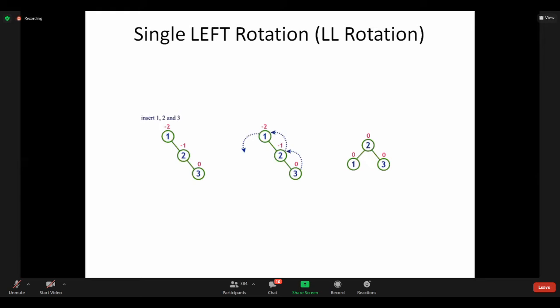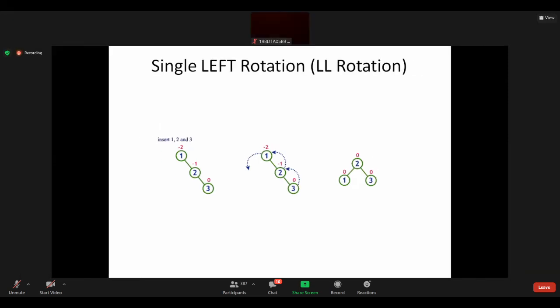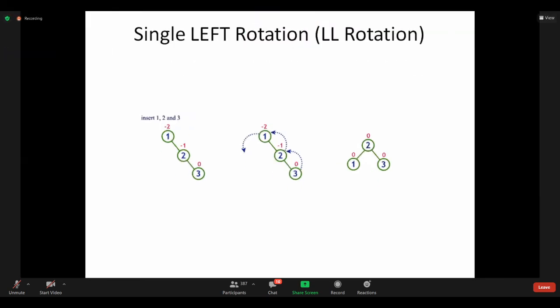So finally the balance factor of node 1 is minus 2. When we got the balance factor, at which node we got it, only those consecutive 3 nodes we should consider. If the tree is very big, that point also you should note. Then after finding the balance factor, we got minus 2, so we should do rotation. Which rotation? Look at the tree and identify the type of rotation.